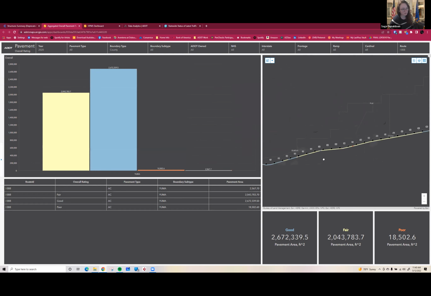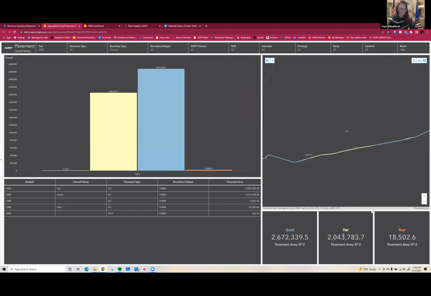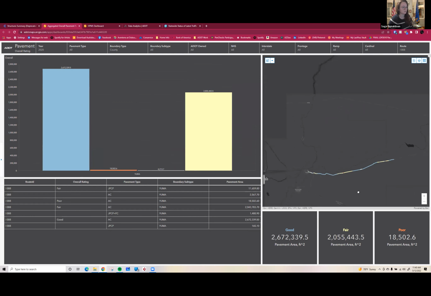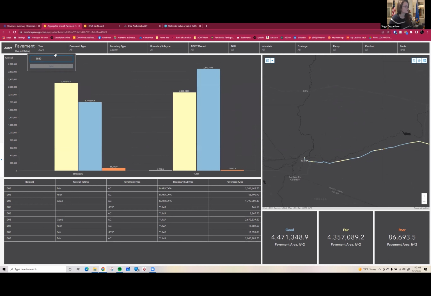And we can use this for project planning purposes, to see where it would be best to put efforts into construction projects or into performance measure planning throughout the years. We can filter this however we want. We don't currently have any other years on this dashboard, but our plan is to have 5 years, so you can see how the pavement has changed in the last 5 years